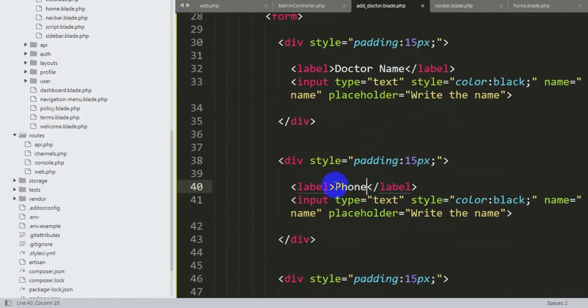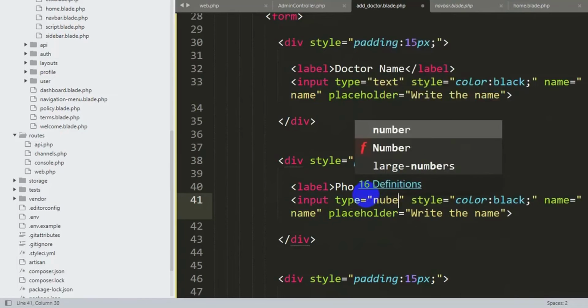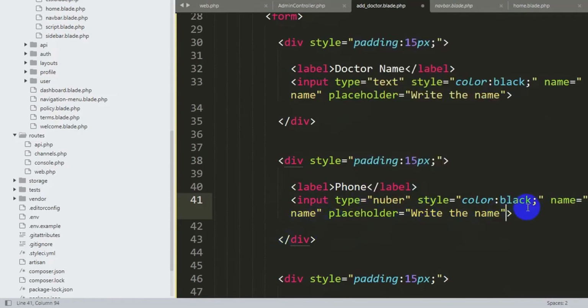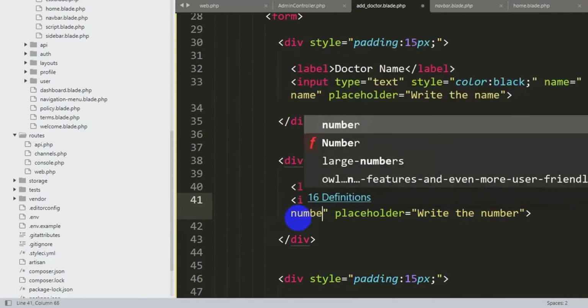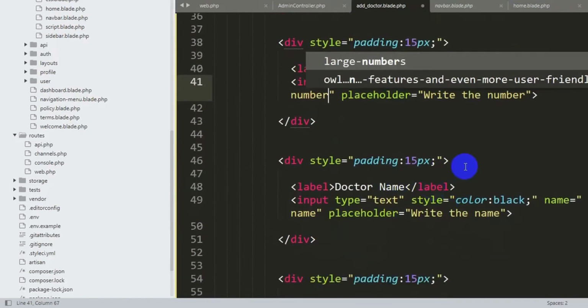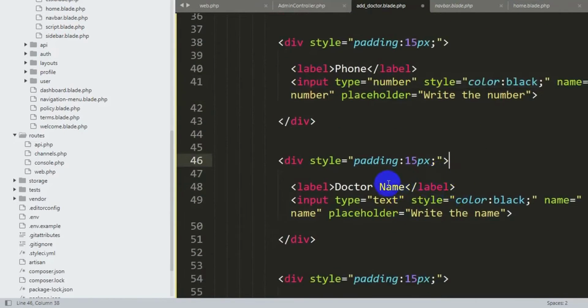Let's just say phone, and the type will be number, and inside the placeholder let's write the number, and the name equal to, it will be number as well, and after number we'll have the doctor specialty. So in this label we are going to say specialty,